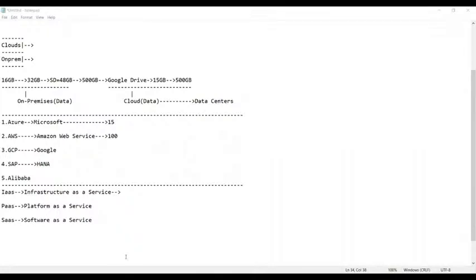Whereas whenever you want to change the operating system, this operating system and all this is provided in the form of a service called what? Infrastructure as a service. What is that? Infrastructure as a service. Sorry, platform as a service. It is provided in the form of platform as a service. Suppose, guys, you require to change an operating system.